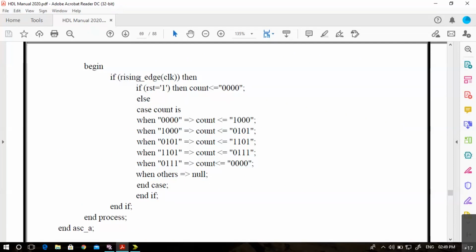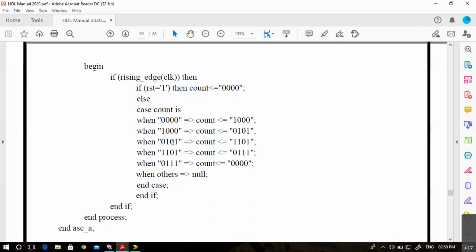And we are saying if rising edge of the clock. That means it's a synchronous counter now. So in the next rising edge of the clock, 0 becomes 8. Now 0 has become 8. Again, one more rising edge of the clock occurs. Next when it is 8, if reset has not occurred, then the next count is 0, 0, 1, 1. This is 3. It goes on like this.